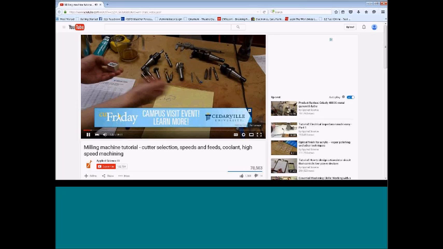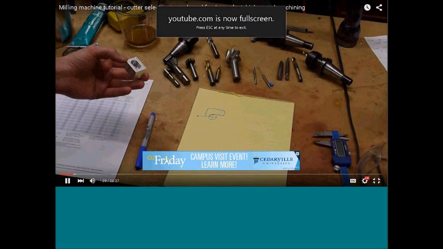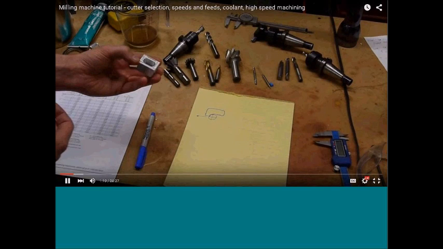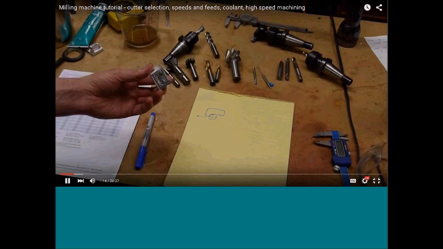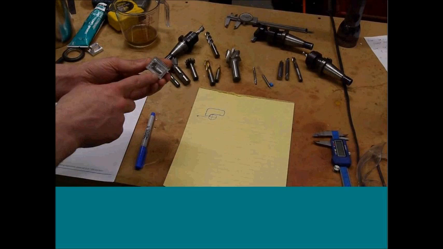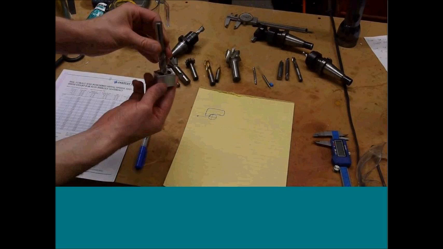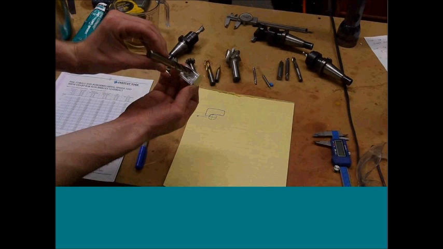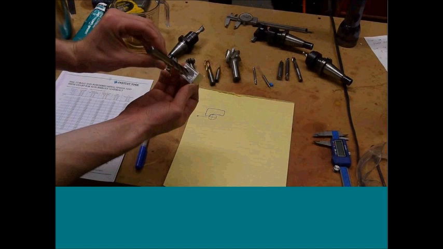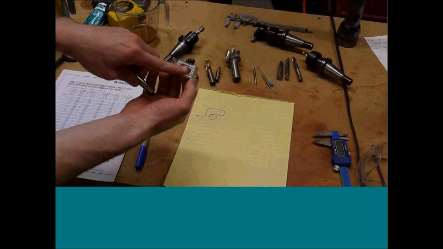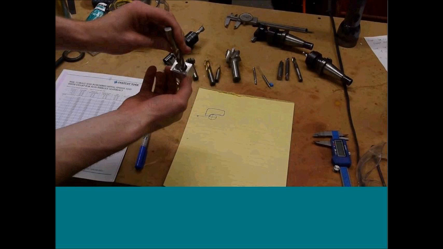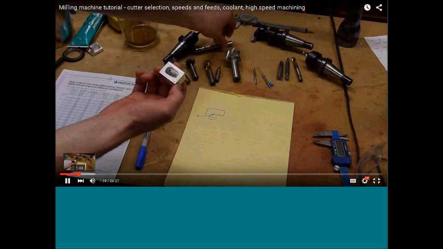So there's all kinds of different cutters to choose from, and the thing to always keep in mind is that you want to use the largest diameter cutter that you can that will produce the correct geometry in here. So, for example, if we use a really large diameter cutter like this, it isn't going to work because, I don't know if you can see that, the cutter diameter is actually bigger than the radius that's at the edge of the pocket here. So if we tried to cut that with this cutter, you'd end up with too big of a radius there. And as it turns out,